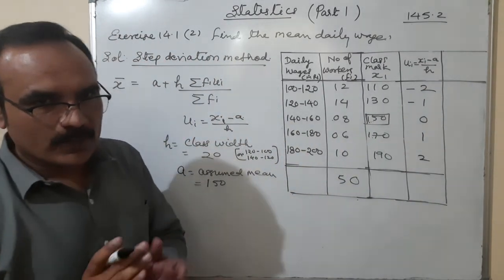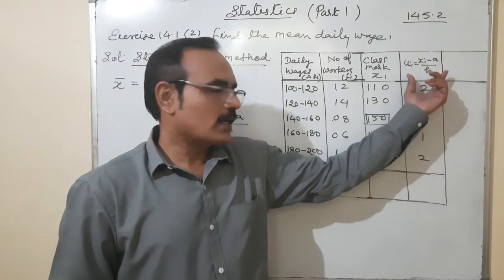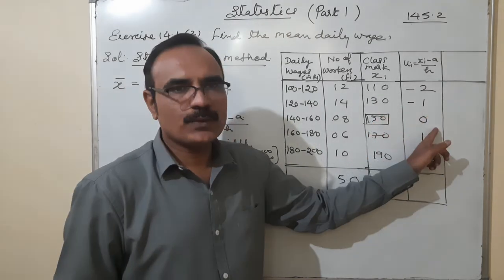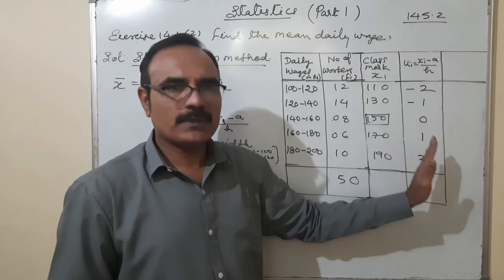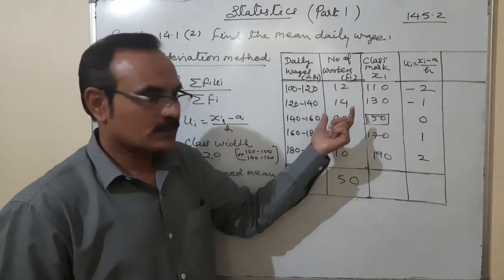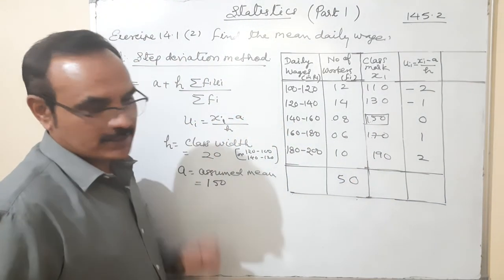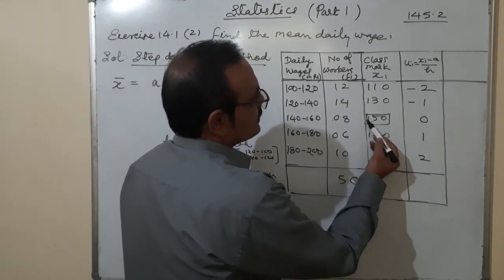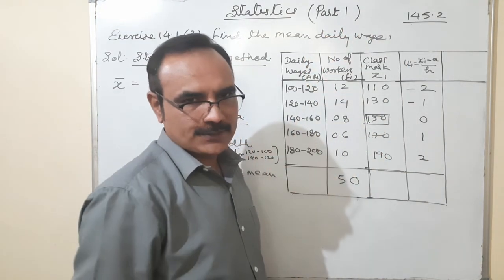Okay. And here one very specific thing I am telling you. When you are finding the ui, you are not going to calculate it. Whatever assumed mean you have chosen, in front of that you will write 0, with minus 1, minus 2, minus 3, minus 4 upside, plus 1, plus 2, plus 3, plus 4 downside. Always the same condition is coming. If the class width h is given and assumed mean is there, always this condition is there when we are using the step deviation method. In front of assumed mean 0, upside minus 1, minus 2, minus 3, downside plus 1, plus 2, plus 3.